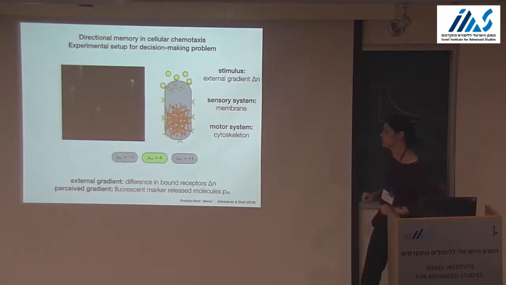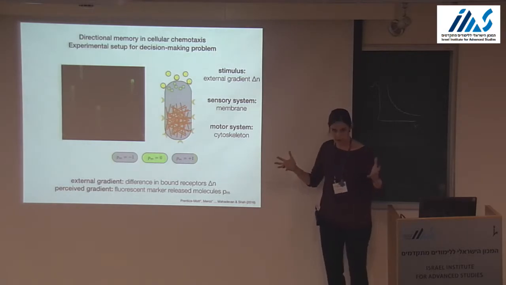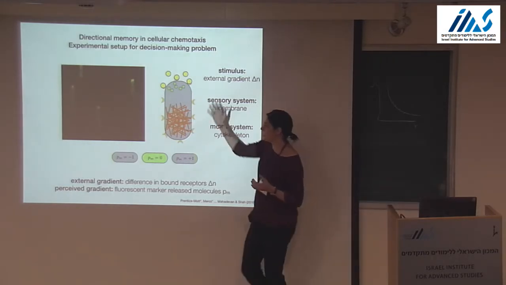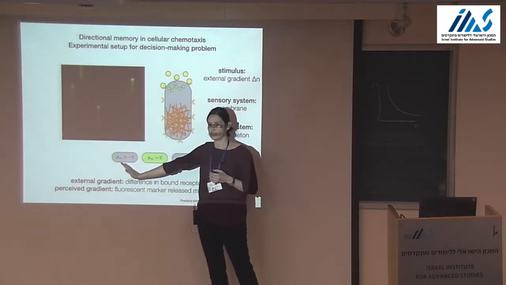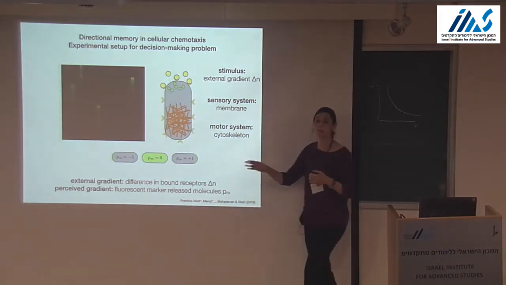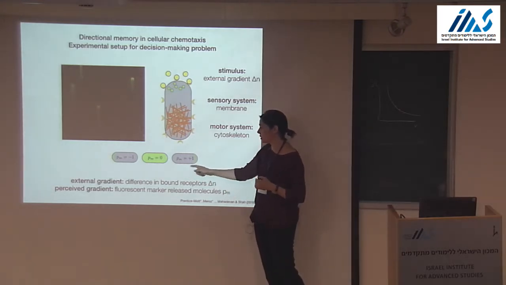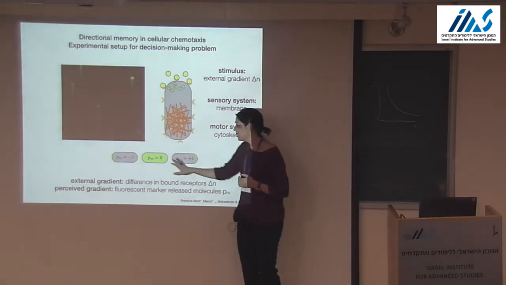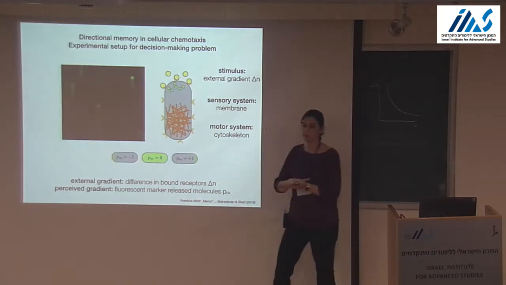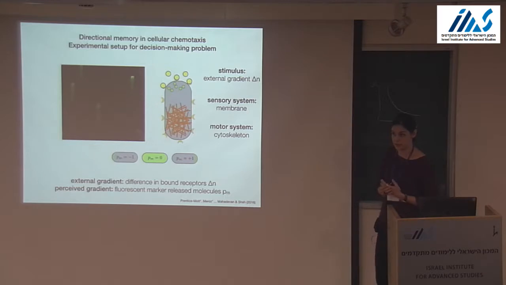So we quantify this with a variable. We call it the polarization state of the membrane. And basically, through image analysis, we just say that this variable goes from -1 if you're completely localized to the left. This means that the cell is perceiving a gradient in that direction. And it goes all the way to +1 if you're completely localized to the right. And this means that the gradient being perceived is in the other direction. And if it's 0, it means that this molecule is homogeneous and the cell isn't sensing any specific gradient.